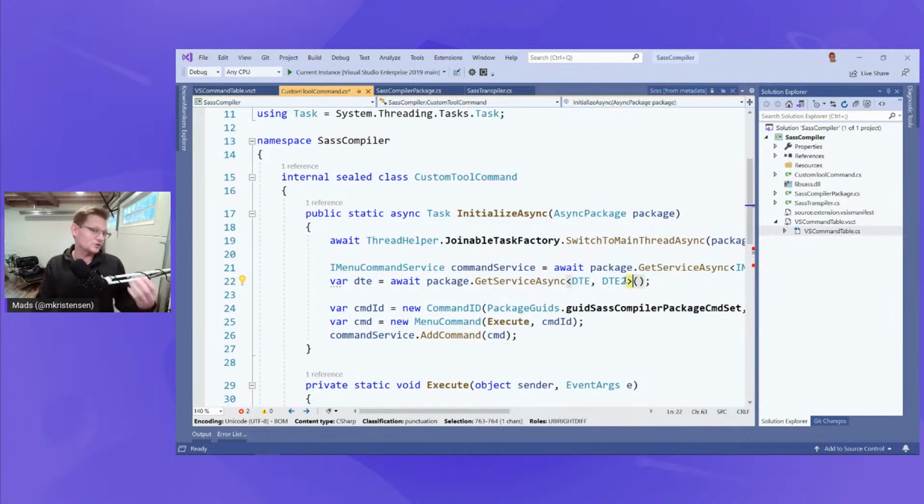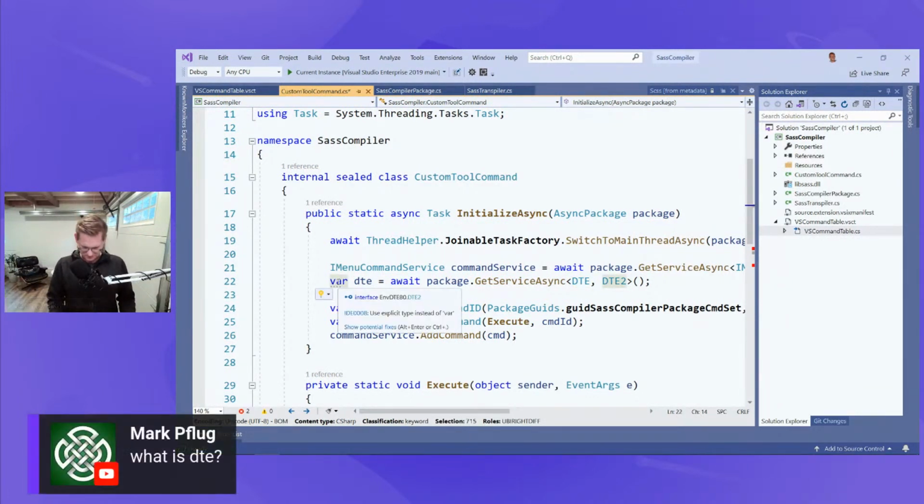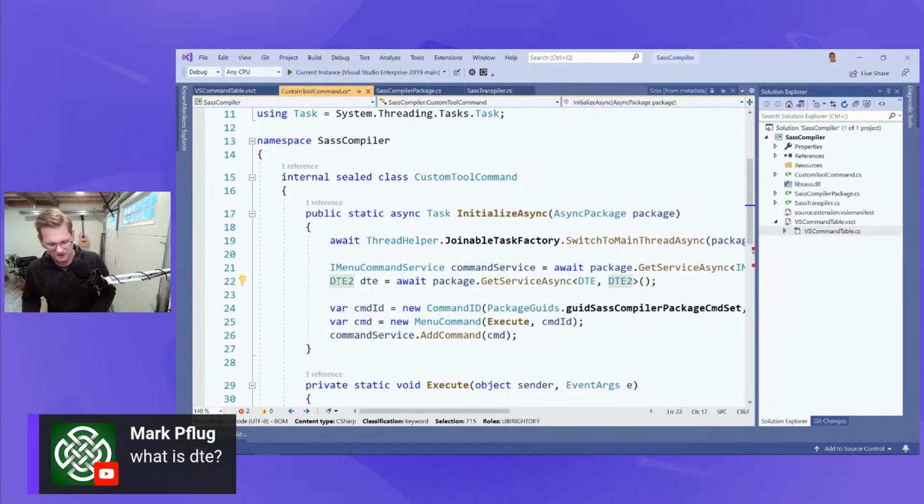So DTE2 is just a newer version of the DTE, but the service is registered under the old one. So I could just cast it to the new interface, and then we have the same. Lots of good questions. Like, what is a DTE? Yeah, I never remember what it stands for, but the DTE is basically a way for you to